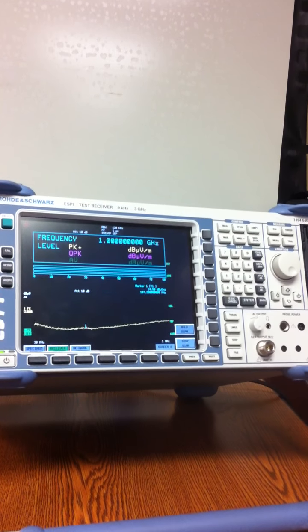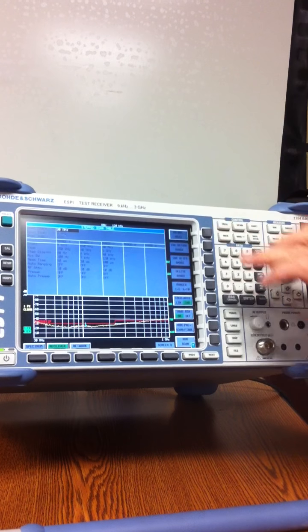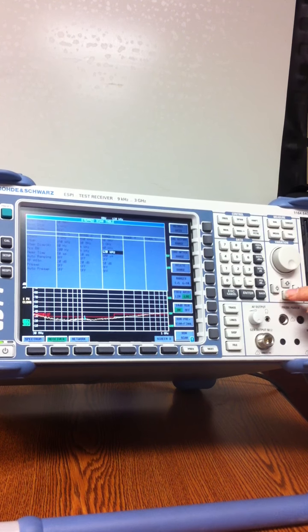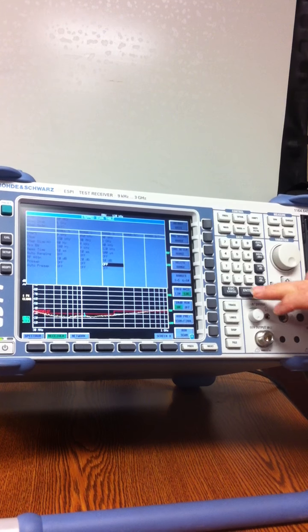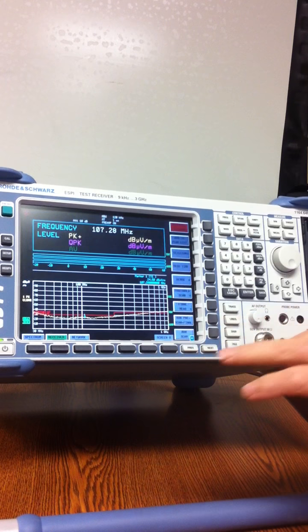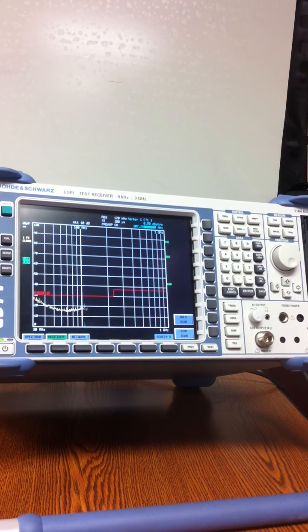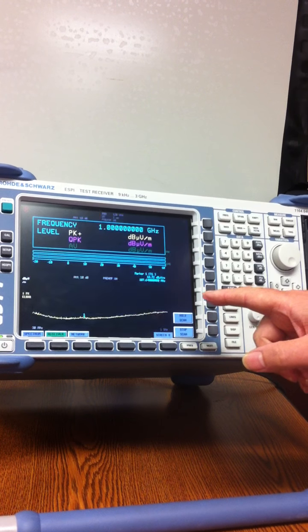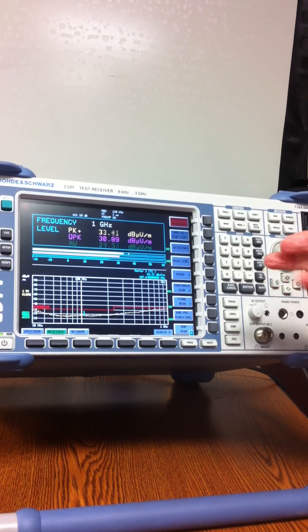It's over here. Then you can set the preamplifier to on. Okay, go to the scan again and run it again, and it's lower. But you're always endangered that when you have a